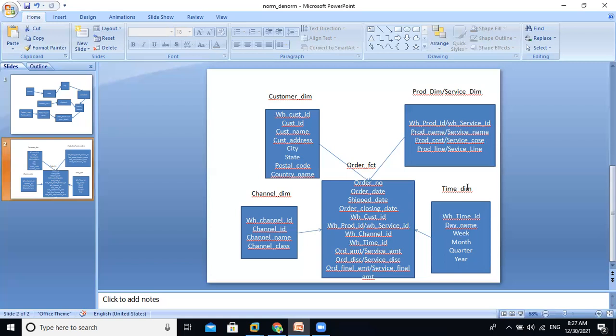Okay, redundant data occupies extra memory, but you don't need to worry about the extra memory occupied by the redundant data in the dimension tables. Always we need to focus on performance only. Okay, this dimension model is also called star schema. There are three types of dimension models available in data warehouse: star schema, snowflake schema, galaxy schema.